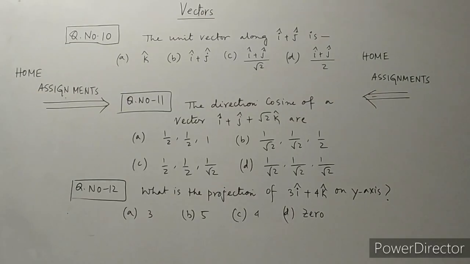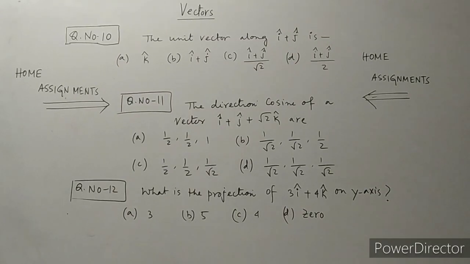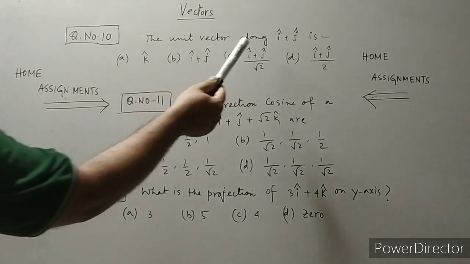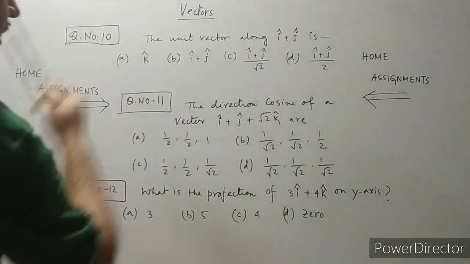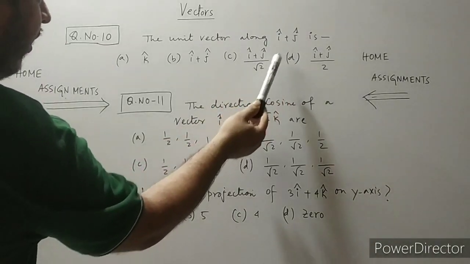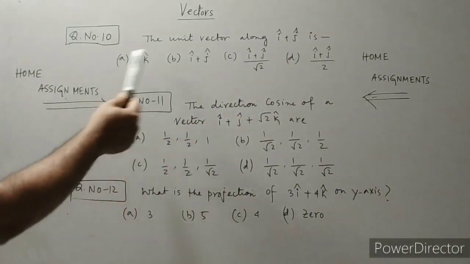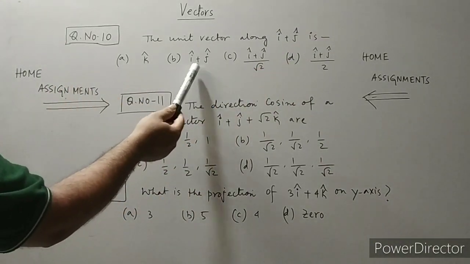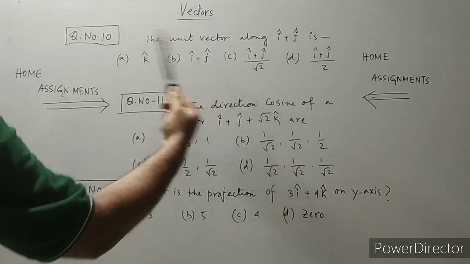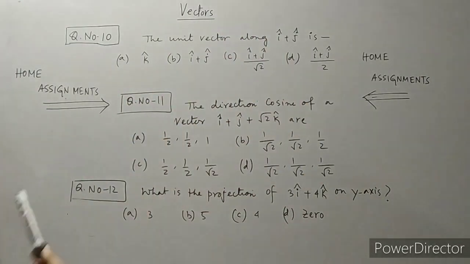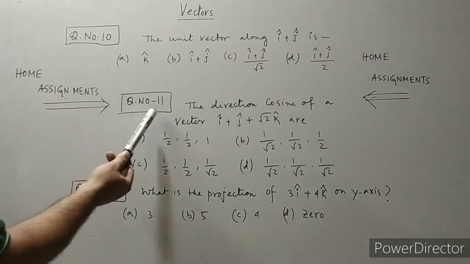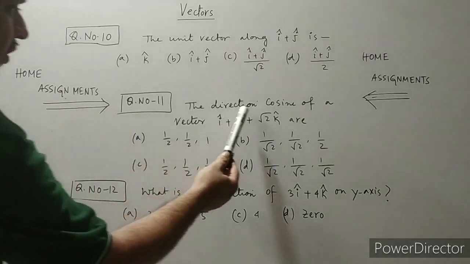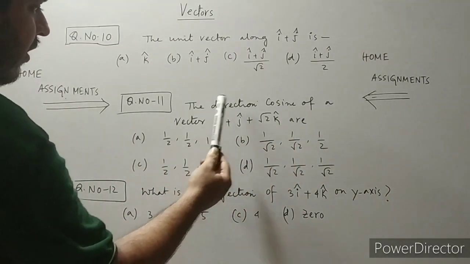So that will be your home assignment: question number 10, question number 11 and question number 12. In question number 10, the question is: the unit vector along i cap plus j cap is, and options are given: k cap, i plus j cap, i plus j cap by root 2, i plus j cap by 2. Question number 11 is that the direction cosine of a vector,